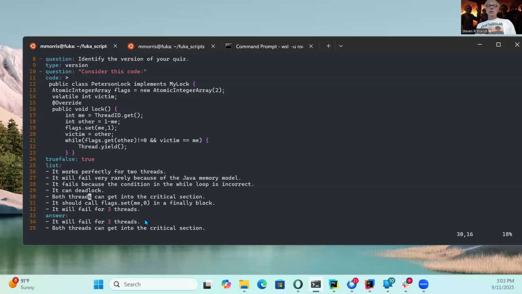Yes. So why would you not need to call a flag.set to change it to 0 at the end? You do in the unlock, not in the lock. You don't unset the flag in the lock method. Correct. I think for that it would be nice to have it clarified, like consider this code only for the lock method. Well, okay, but public void lock, open curly. Close curly. I see what I did now. This is clearly the entire method. So that should be clear.